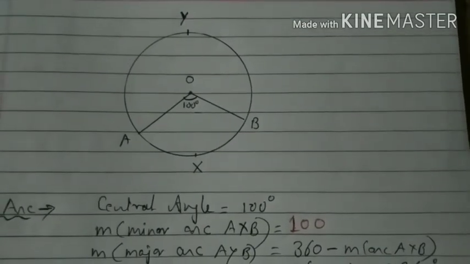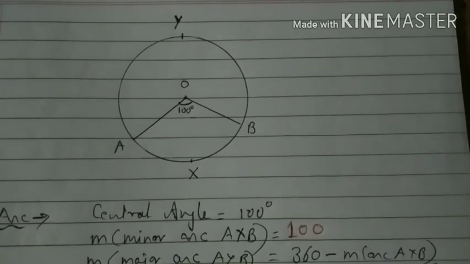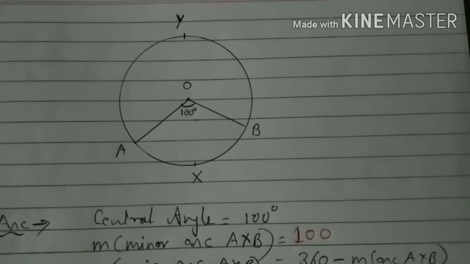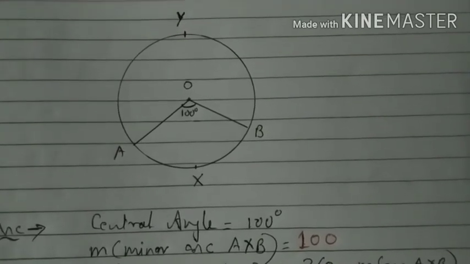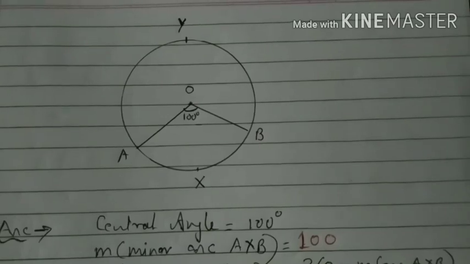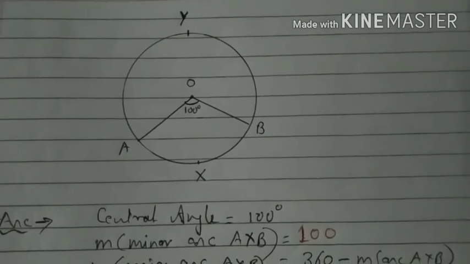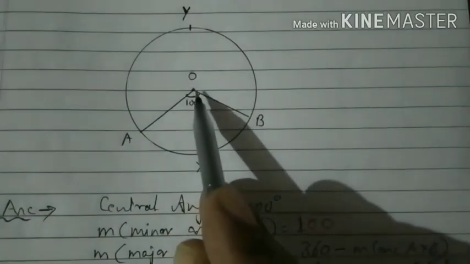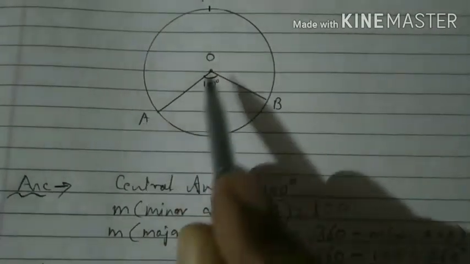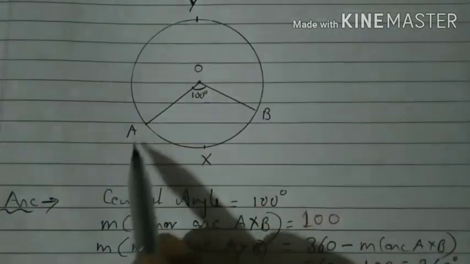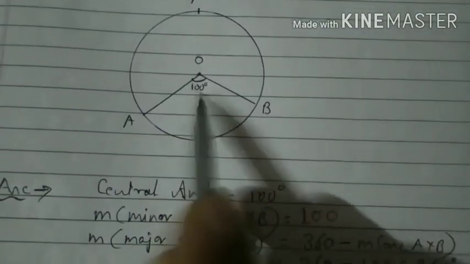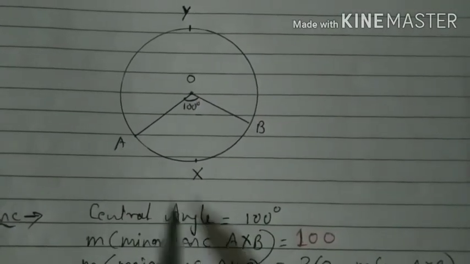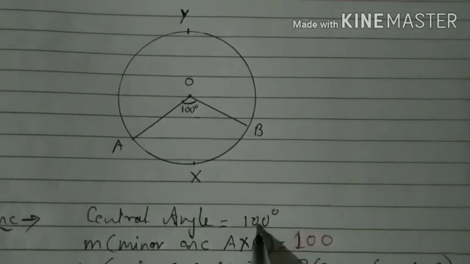Now students, the next part in 7.3 is completely sector of a circle. To explain the sector of a circle, first I will explain the minor and the major arc. You have already studied this in your previous classes, standard 8 and standard 9. You can see there is a circle with center O. I have drawn two radii, OA and OB. This forms a central angle of 100 degrees. So the central angle AOB is 100 degrees.